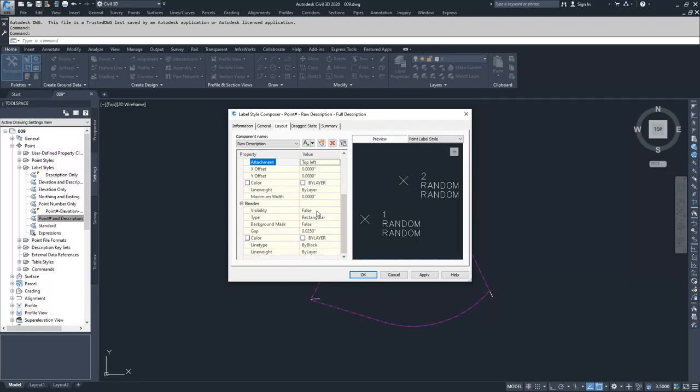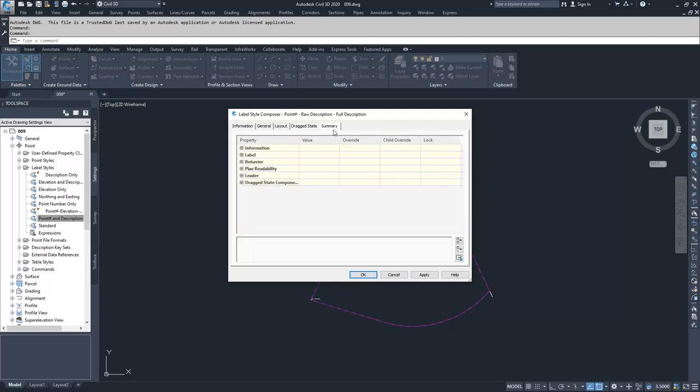So you can choose whether your visibility is true or false for a border, what type of border, whether you want that border to be background mask, what the gap is around that border, what color it's going to be, and what line type and line weight it's going to be. We're going to move on to the drag state. This is all information on if we took that label and did a drag state like we did in this bottom corner here. We're going to leave this blank, just as the default. But if you wanted to, you could change any of these components. And then from summary, you have all of the summary of the previous tabs. So we're going to hit apply